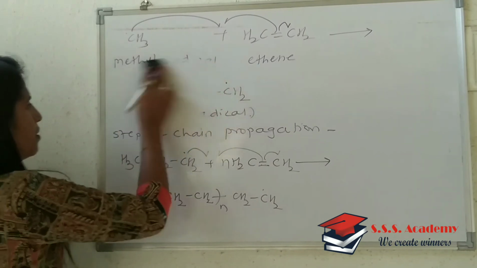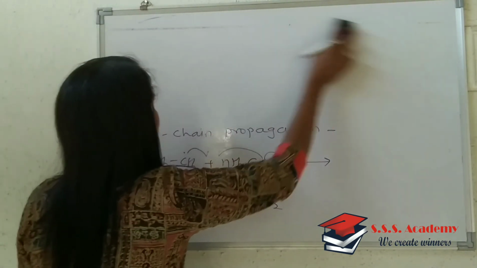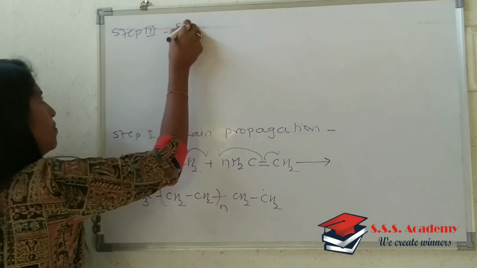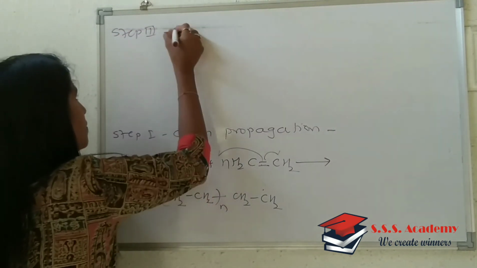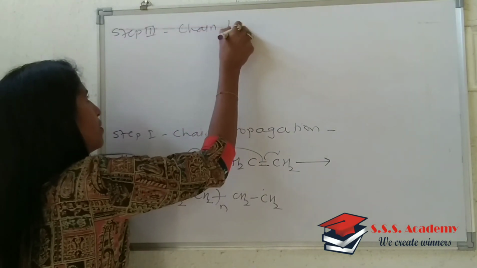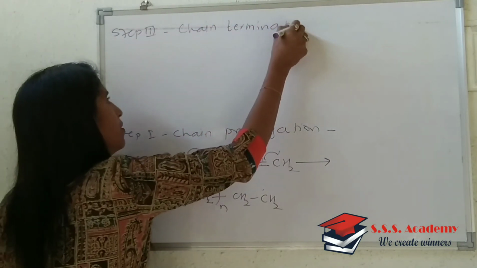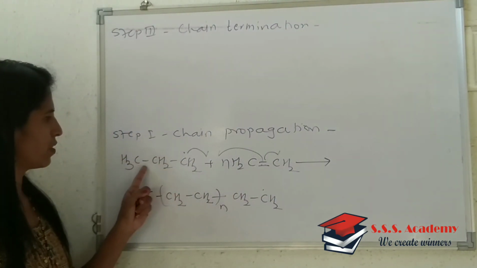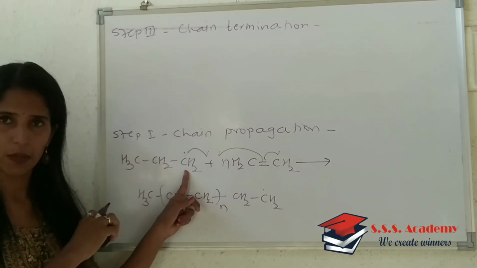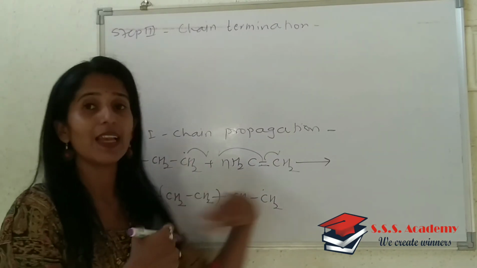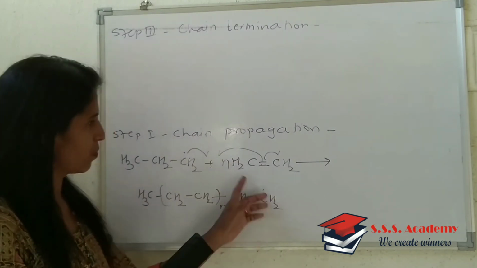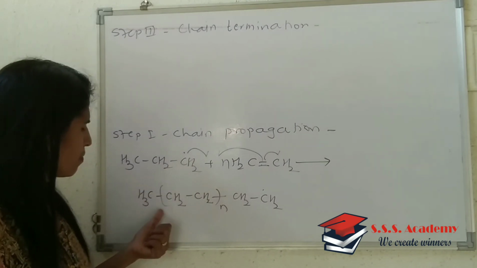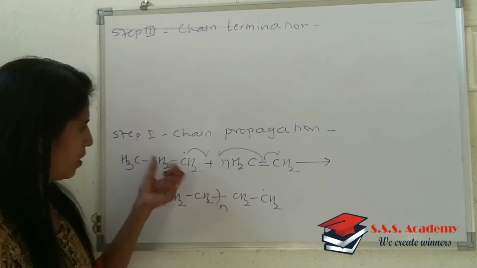And now we will come to the third step, which is so called termination. Okay, so write down the third as chain termination. Is it clear to you? What we have written is CH3, CH2, CH2, that is the new radical from the initiation stage. Then we have added n moles of ethene molecules, so many monomer units or ethene units. So that will get added to one another, and that results in the formation of this kind of polymer.